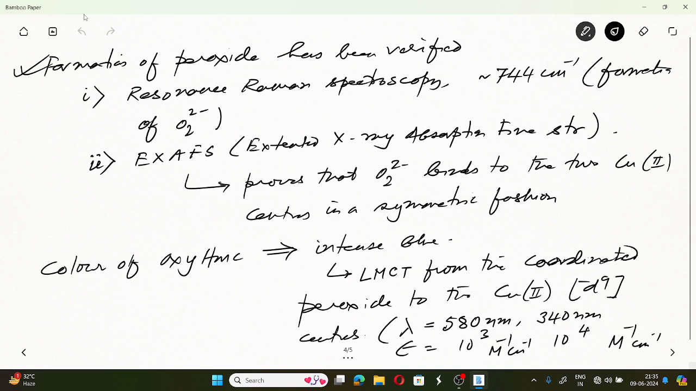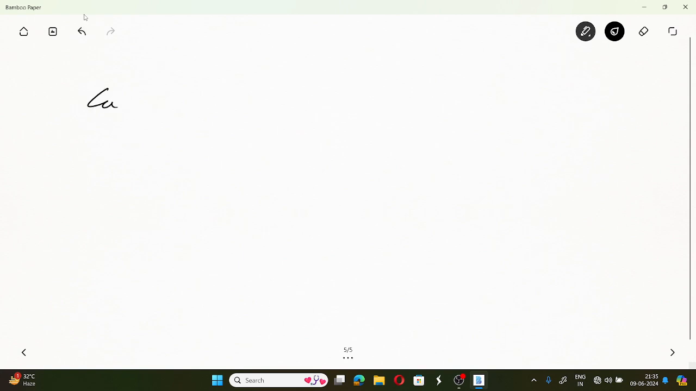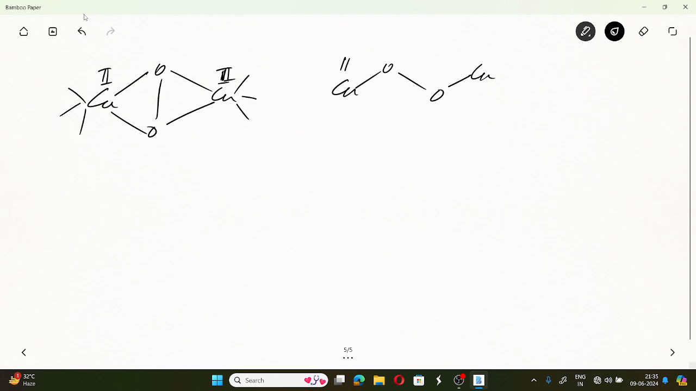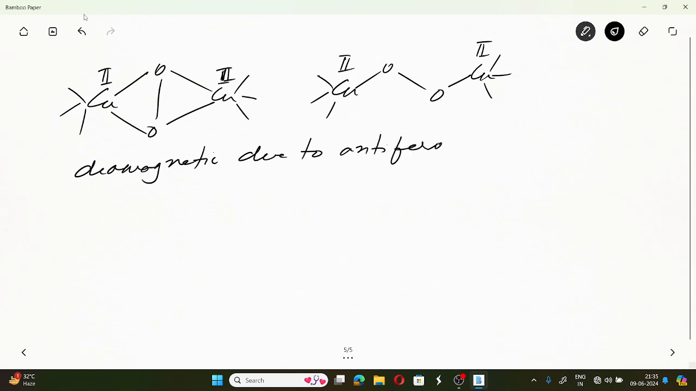Now regarding the magnetic properties. If you want to understand the magnetic properties, whichever structure you consider, look carefully here at this copper 2, or the other structure. Now the oxy form, whichever structure you consider, is diamagnetic. So the oxidized form is diamagnetic due to antiferromagnetic superexchange